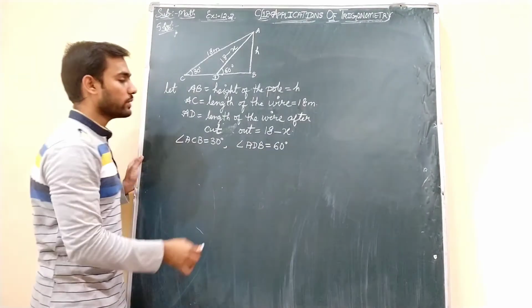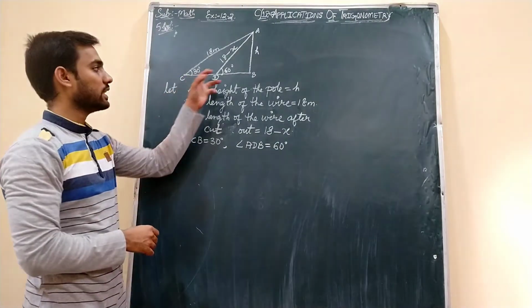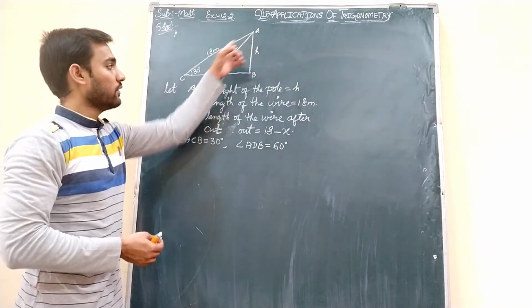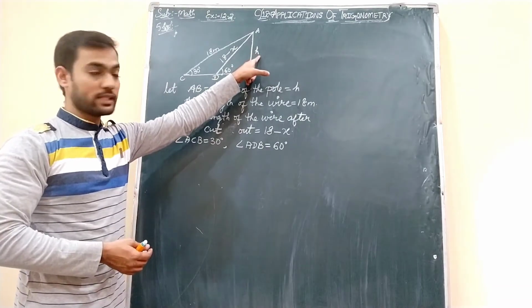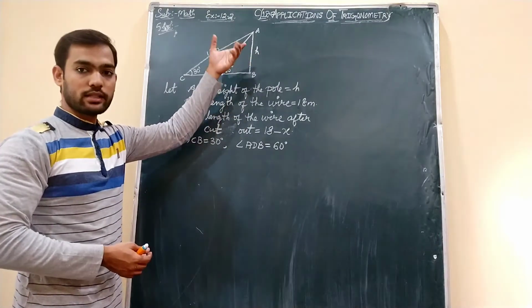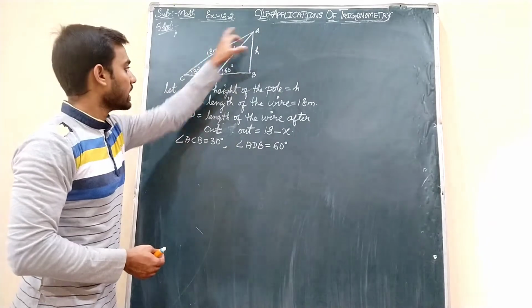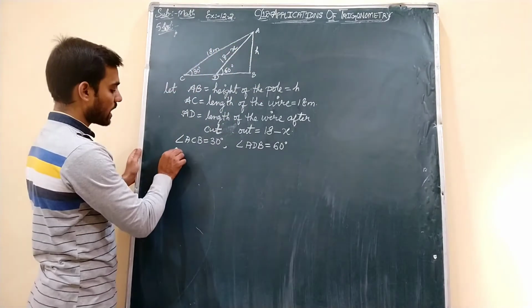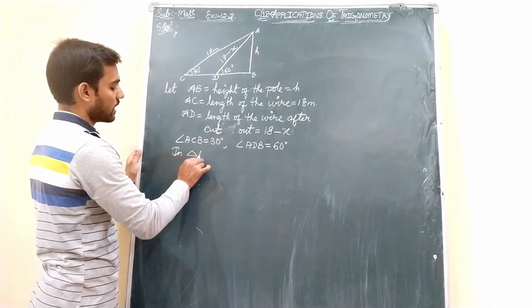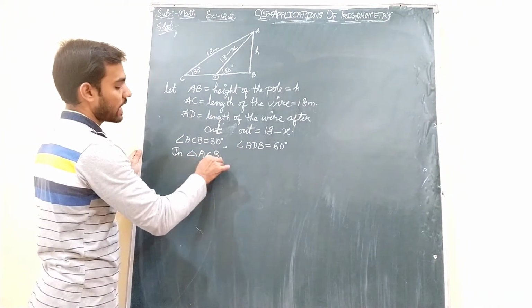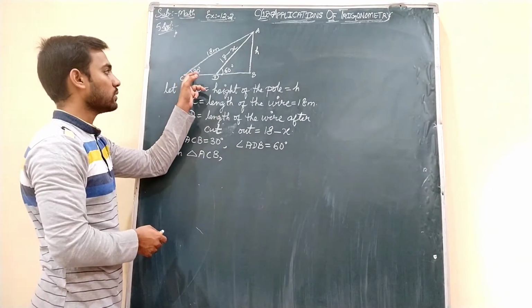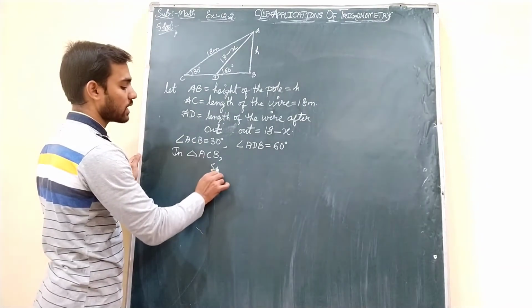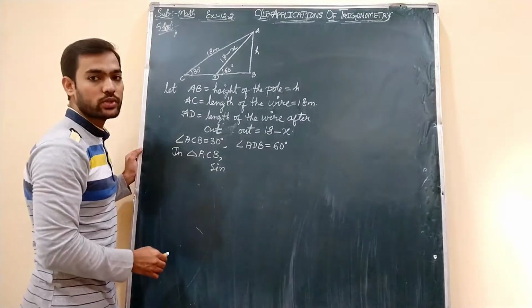See, students, here a 45 degree angle is not there. One is a 30 degree angle, another is a 60 degree angle. Now which triangle should we select first? If you select ADB, h is also missing, and here 18 minus x, so x is also missing. So we will take ACB because only h is missing, but this side we know, 18 meters. Okay, so I am taking triangle ACB. I need to select which ratio, students, with respect to this angle. This is the opposite side, this is the hypotenuse side. So I will take sine because the sine ratio formula is opposite by hypotenuse.